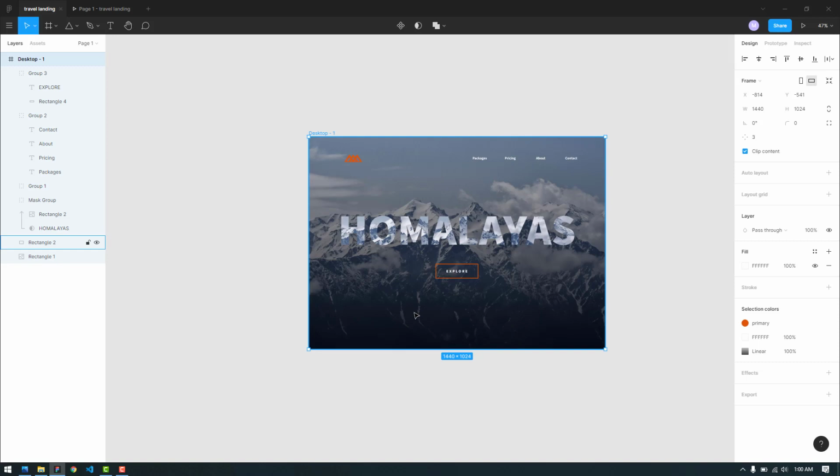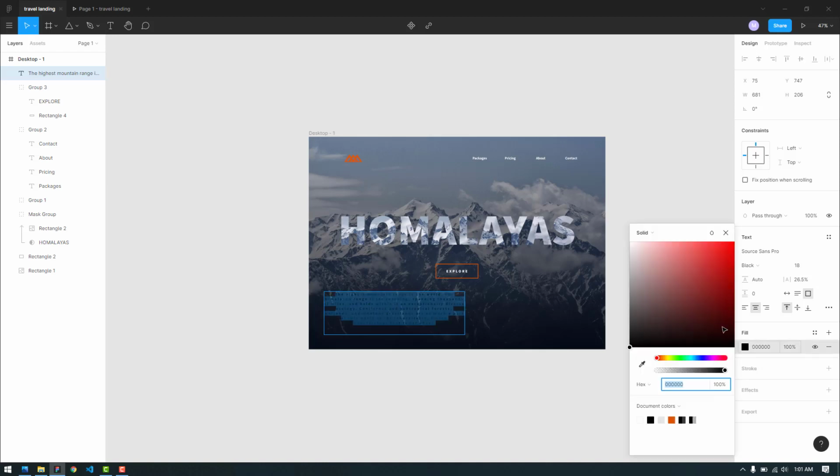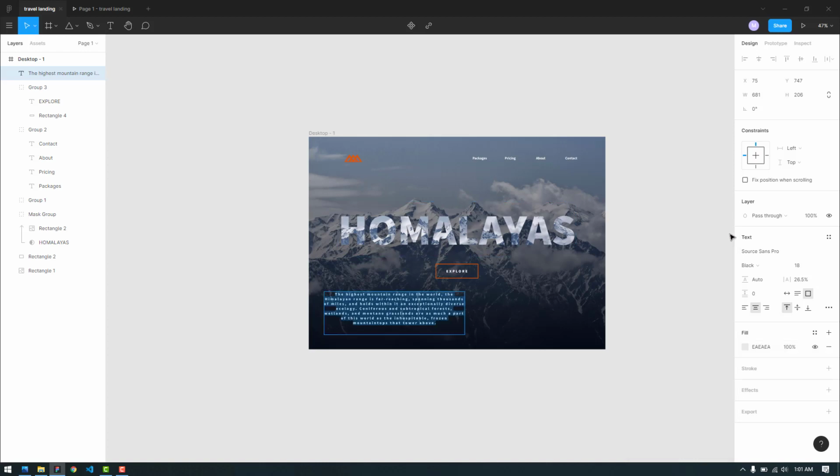I have got some text which is the description of this Himalayas. Let's add it here. I have got the text, so I'm just going to copy and paste this here. So this is our text. It is barely visible because the color is black. Let's make it kind of grayish, maybe it will look fine. Let's leave it this way. Now they are center positioned. We don't want that. We are going to make it left aligned, and the letter spacing is too much. We are going to make it 0%, which is the normal value.